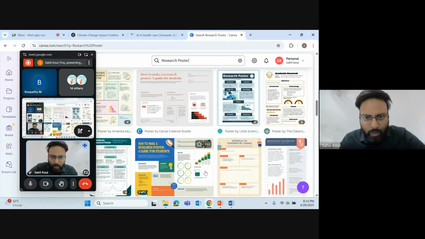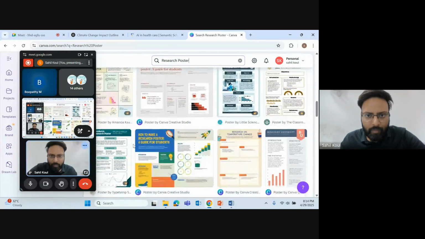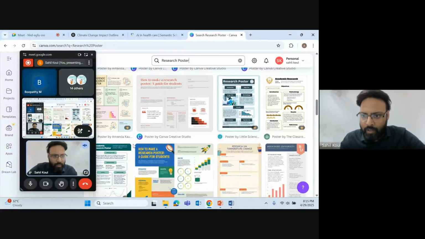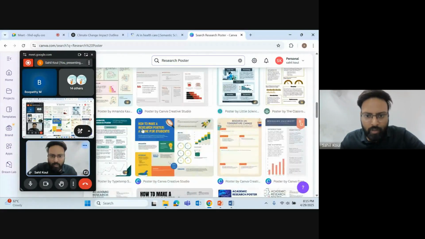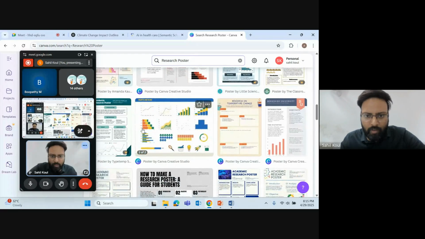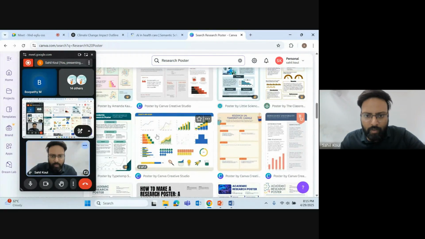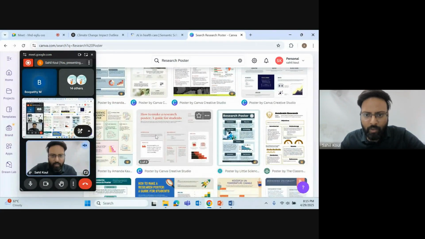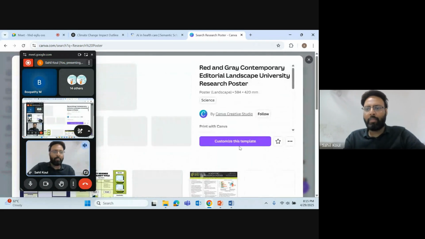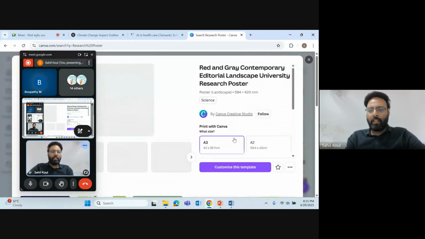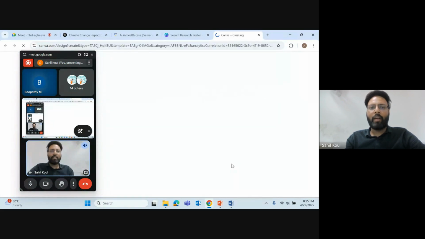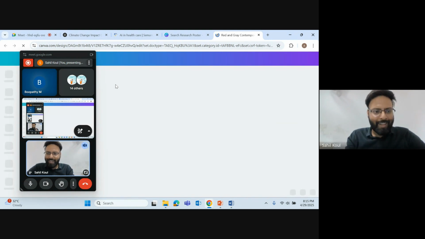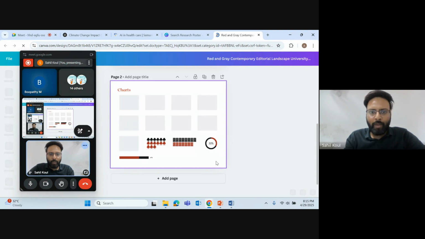Now, after that, what we will use is, we will choose one of these research posters. Right, I'll just choose this. Let me just keep it simple. So I'll choose and customize this template. Whenever you go, you have to click on it, and then select customize this template. Okay.